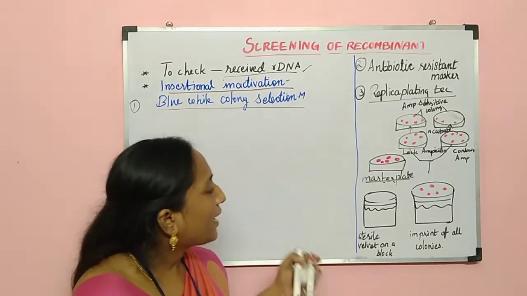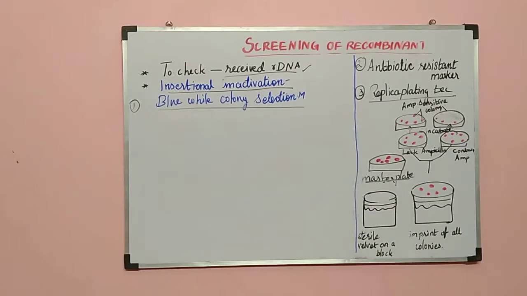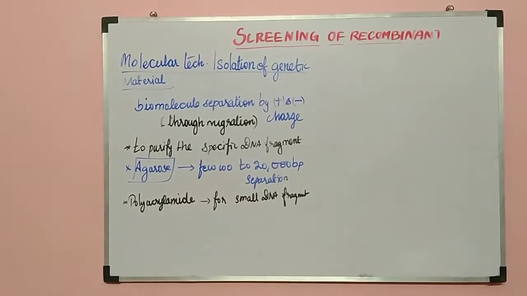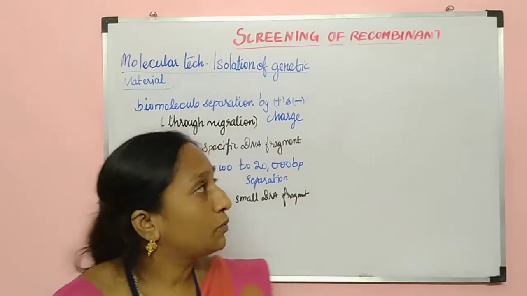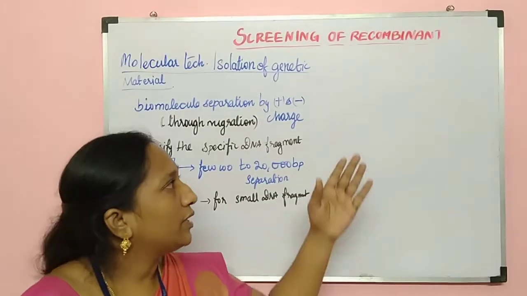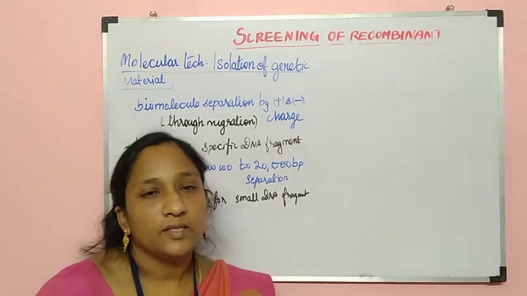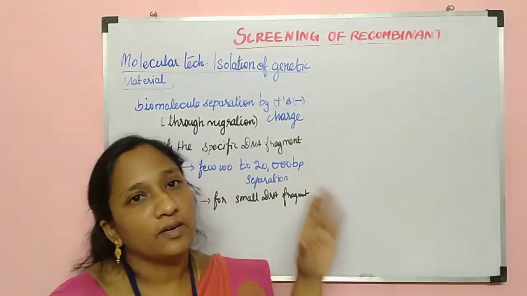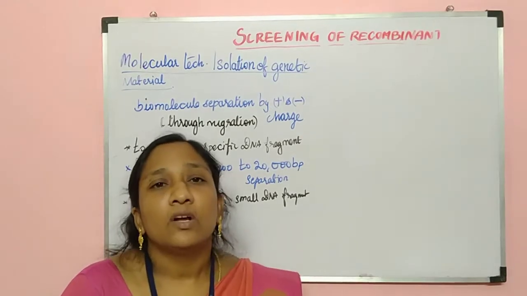Children, next we will see some other techniques in the next class. So we learned up to screening in biotechnology: ampicillin resistance can be easily identified by the imprinting technique, and also white and blue colony separation and the antibiotic resistant colony method.